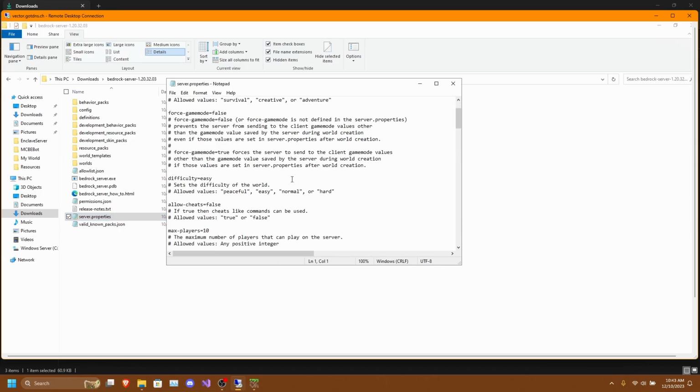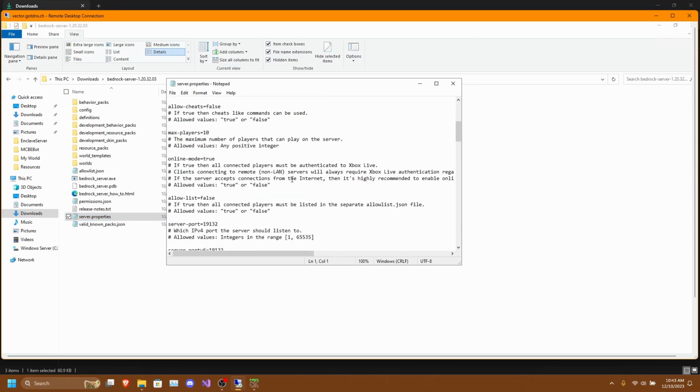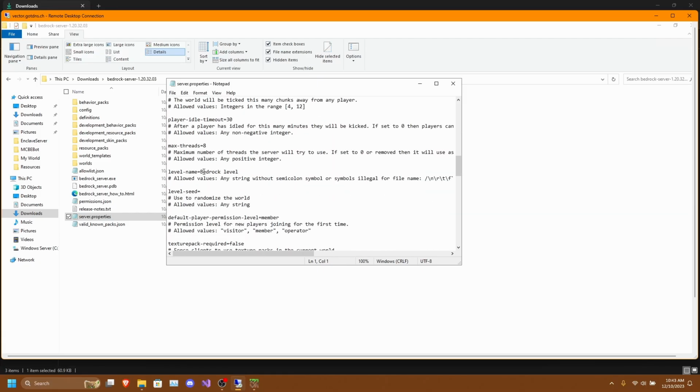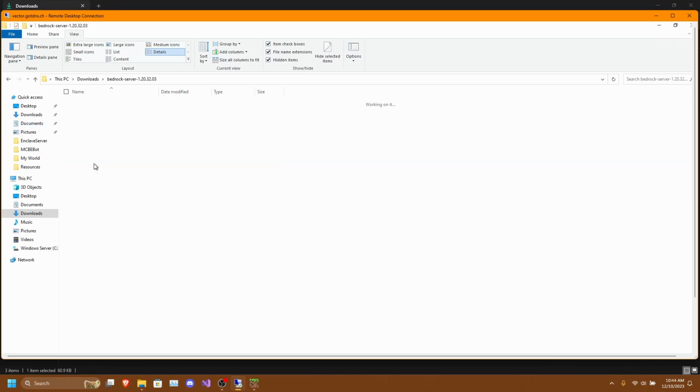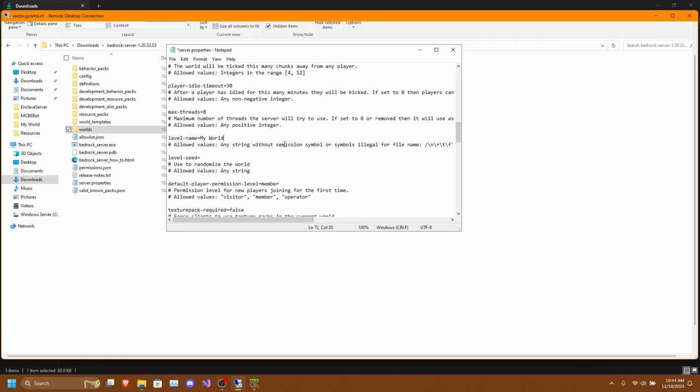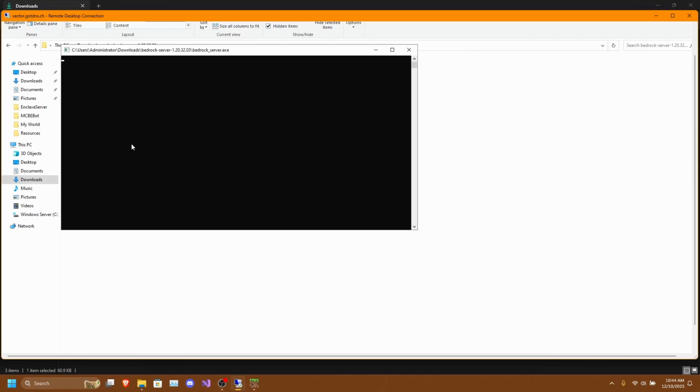Then in here, all we have to do is change Bedrock level under the level name to our world folder. So in this case, it is called My World. So we'll just change Bedrock level to My World. Save your server properties and start the Minecraft server.